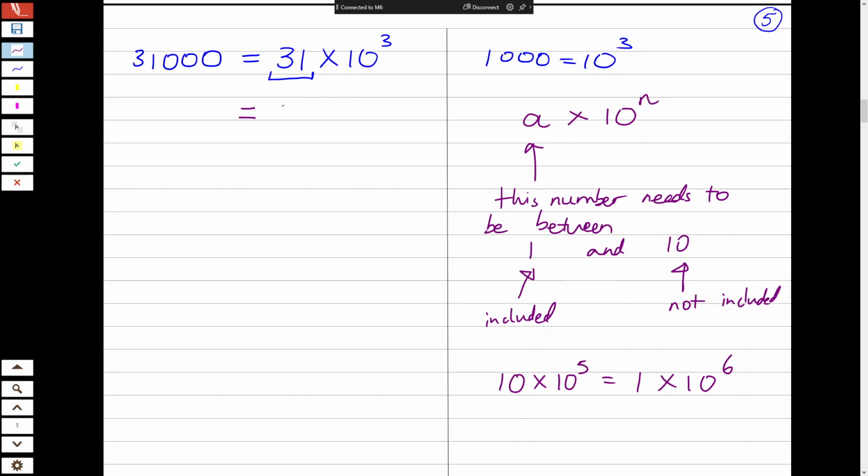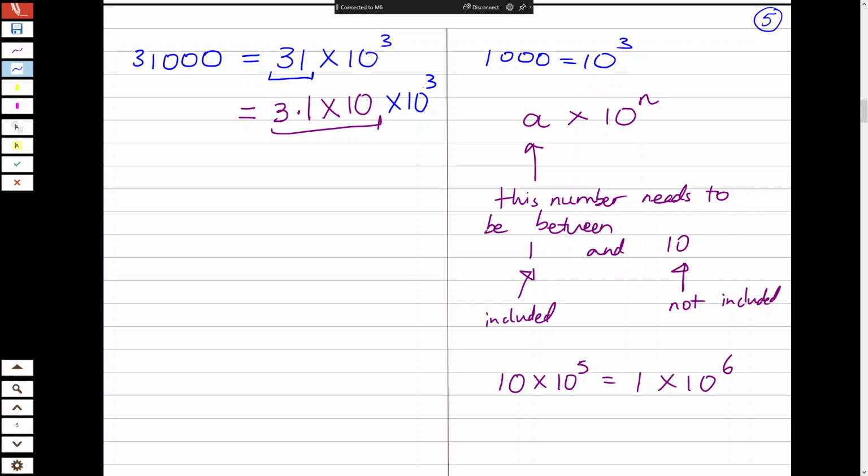I'll just make this quick. 31 is the same as 3.1 times 10. Is that okay? 3.1 times 10 is 31. So I've taken out a 10 there. And I've still got the 10 to the 3 left over. Can you see now? Now I've got a number that's between 1 and 10. Before I didn't. Before it was 31. But because I want to write it in this standard form, between 1 and 10, I needed to take out a 10 here. Okay? So we're still not in standard form yet,